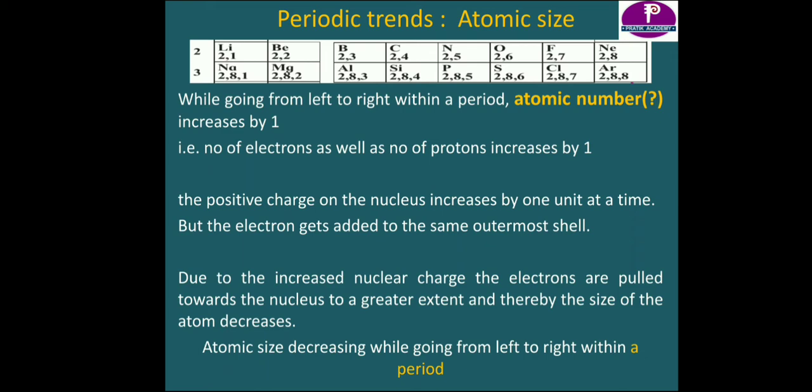But as electrons are increasing, in the same way in the nucleus protons are increasing, and as the number of protons increases, the positive force will increase from left to right, and this force will attract electrons with greater force towards the nucleus. Therefore size is decreasing from left to right. Okay, so next we will discuss the metallic and non-metallic character.